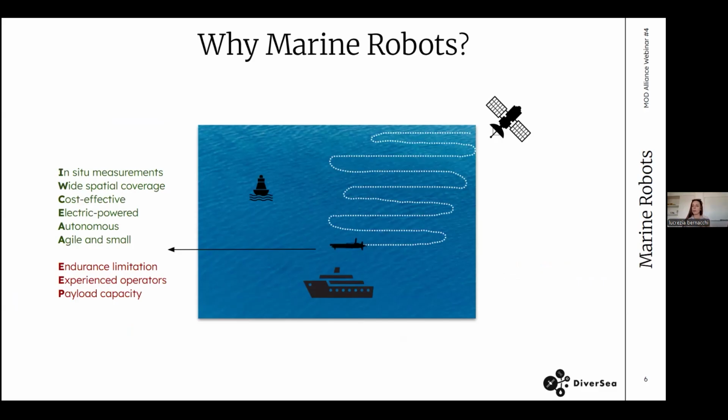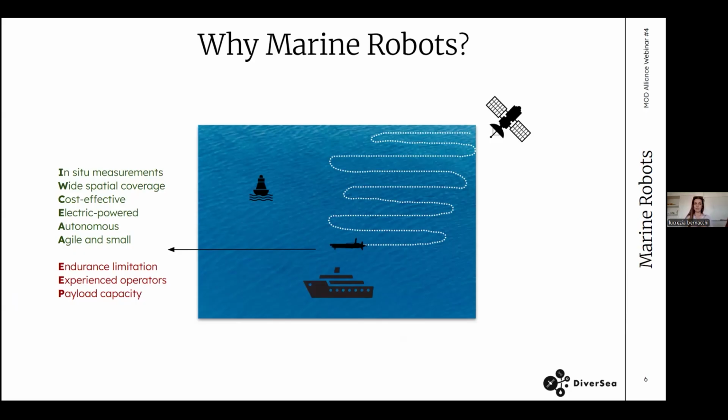So in this situation, autonomous vehicles can help us in the sense that they can take data from in situ locations, but since they are able to move, they can increase the spatial coverage, and plus they are cost effective compared to the operational cost of research vessels, and they are electric powered, so lower environmental impact, and they are silent, and since they can navigate autonomously,